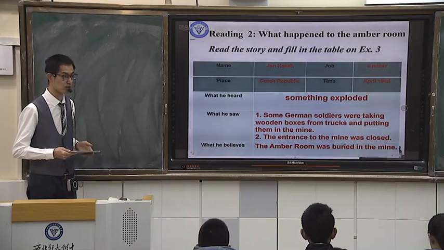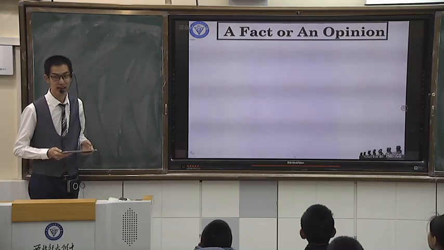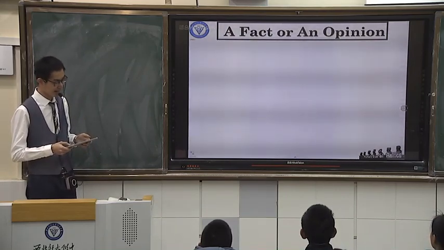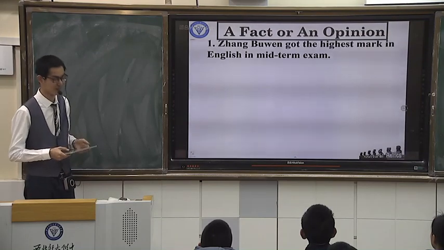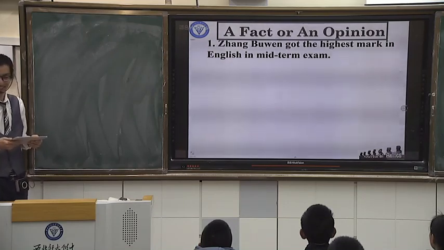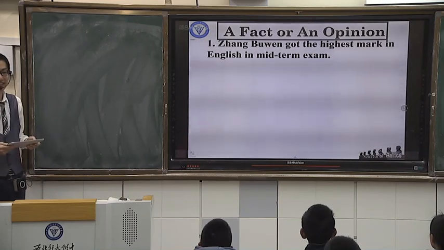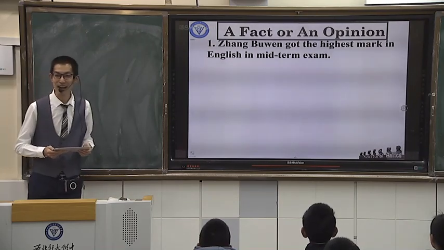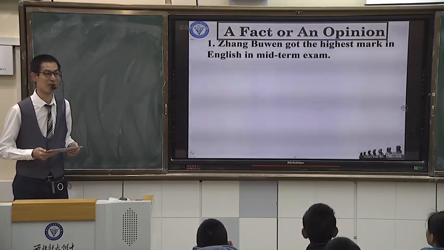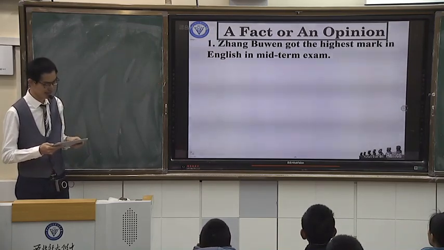Now let's do more exercise to practice those two key concepts. Okay? I will show you some statements and you are going to judge by yourselves if it is a fact or an opinion. Okay? Let's see statement number 1. Let's read the statement. Number 1, start. Okay, is it a fact or opinion? Fact. How can we prove it? Can we prove it? Yes. We check his score, and if he's the number 1, that's the fact, right? And we know that's a fact.